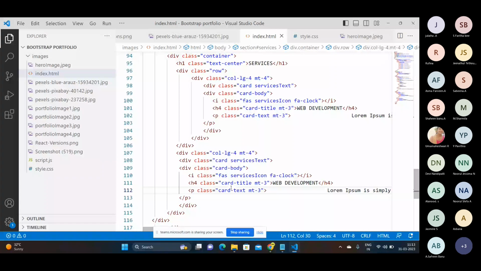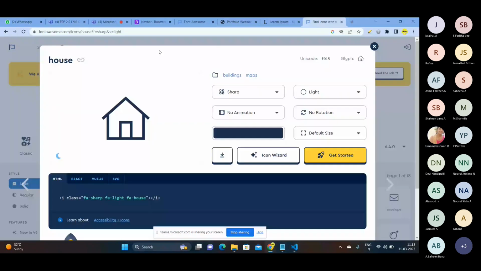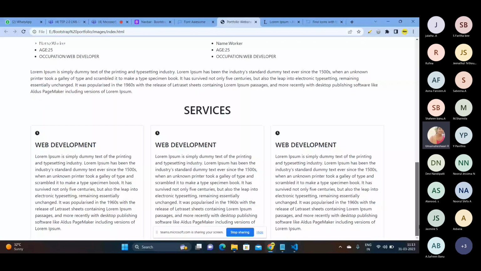Okay. Next, I have created two things. So it is 4, 4, it is 8. So we need 12, right? For that, I'm creating one more column for this one. Let me copy this column. You go and check. Like this, the services will be given. And after creating the services,